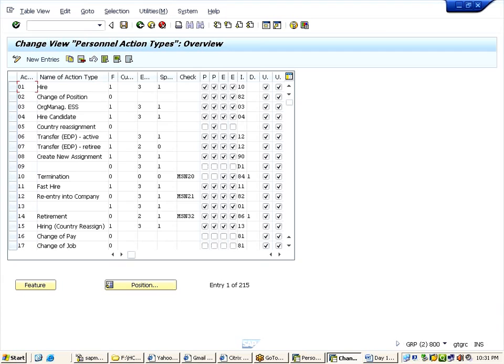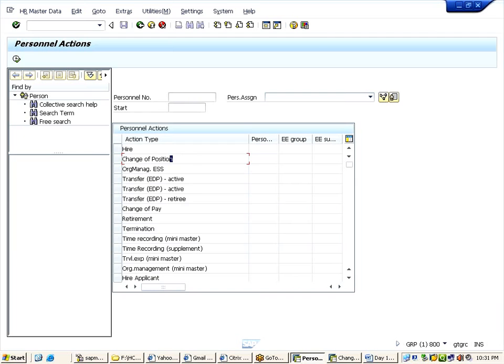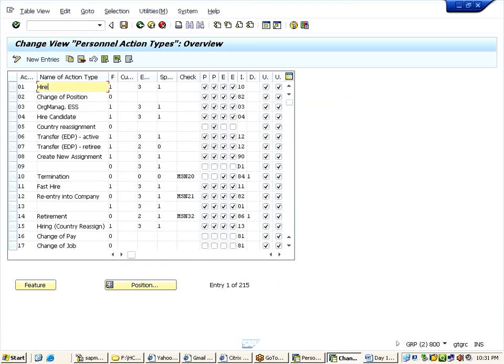So, now what is my requirement? I want my actions to be seen here. Where are your actions? You need to create them. So where to create? Here you need to create. How to create? You can select any action and copy. Now you need to give a code for the action. Standard hire action is having 01 code. You give your code. I will put it as HA and I will take the text as